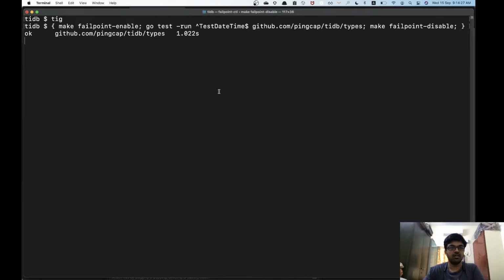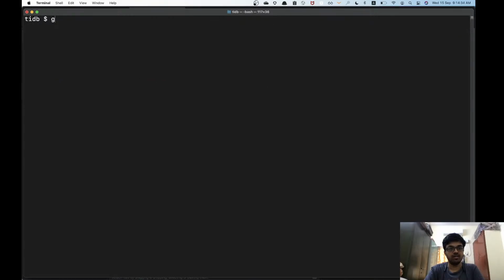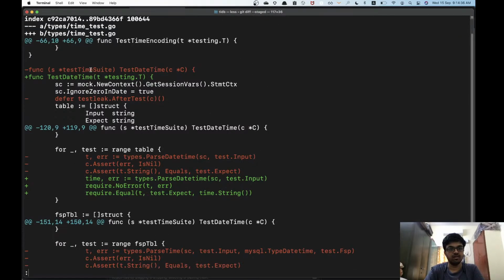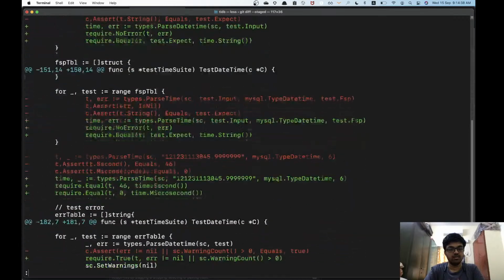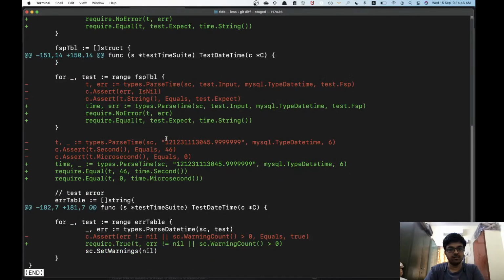Cool, we are okay with that. I just have to do that. So, photo, cool, time, error is no error equals. Awesome, this one is true. Cool.